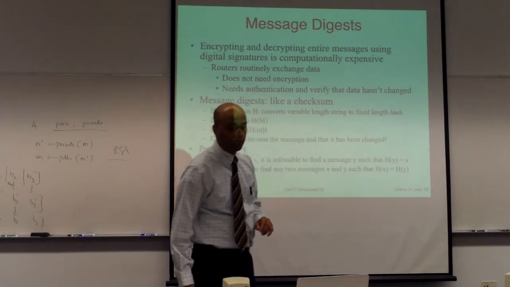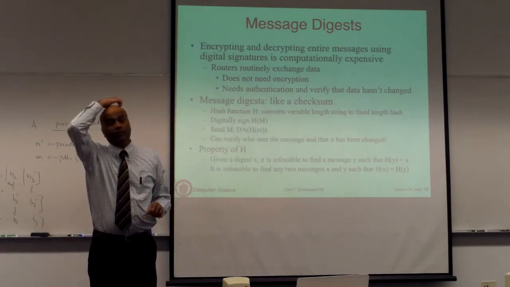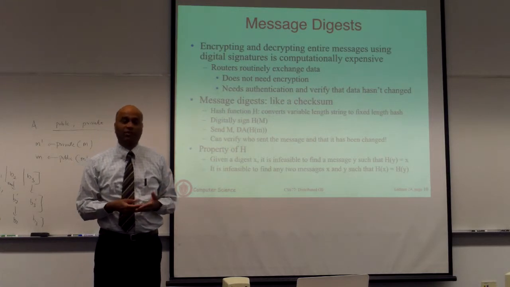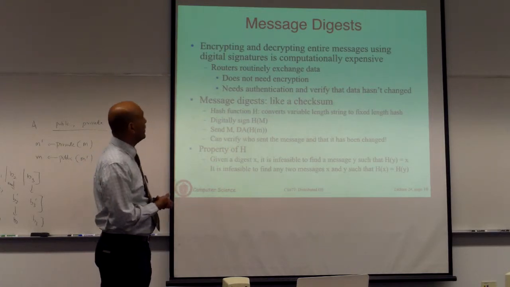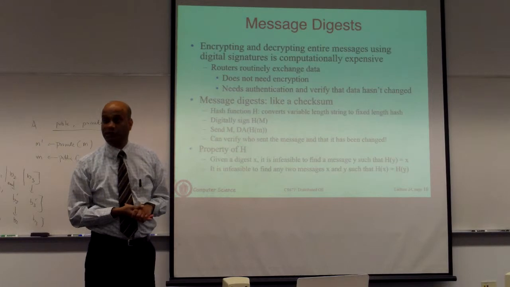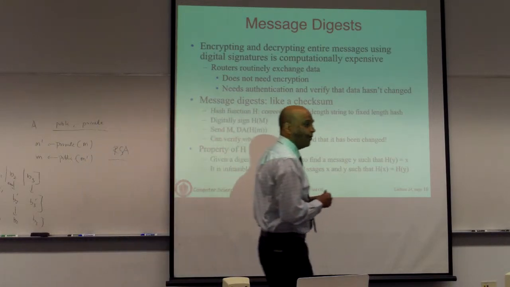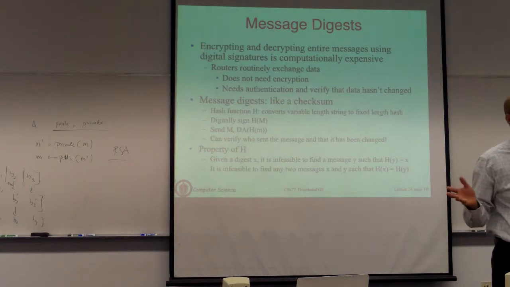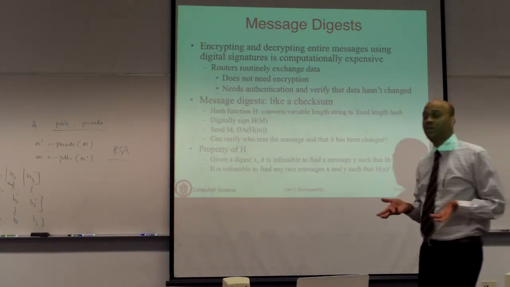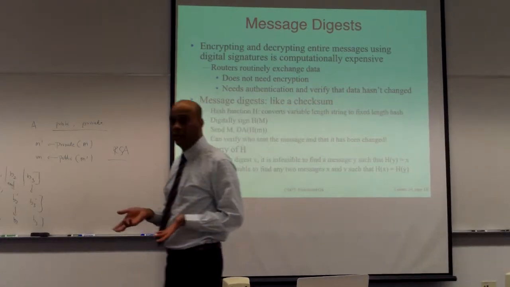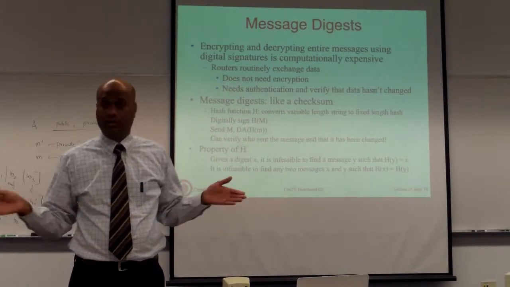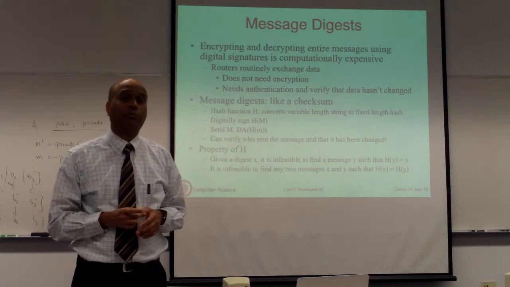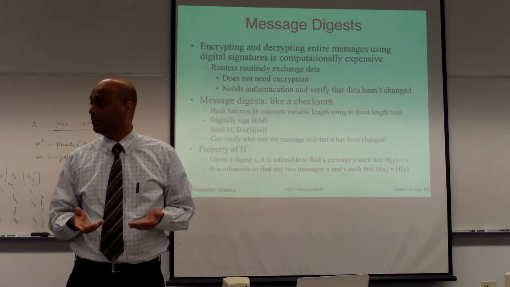Now this happens to be extremely expensive computationally. So we are going to see some ways by which we can make it more computationally efficient. The reason for this is public and private keys are very long keys. The longer the key, the more computationally expensive it is to encrypt and decrypt. And in some cases the keys may be 1024 bits long, so that's going to make it very expensive to encrypt and decrypt them.